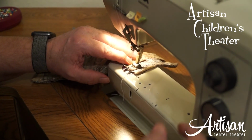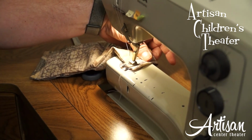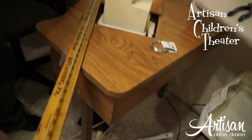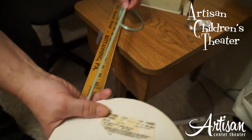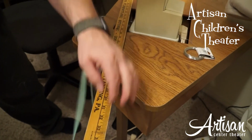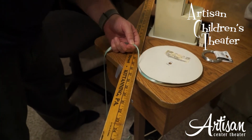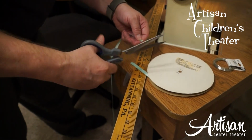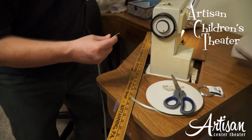Now we finished that. Now we need to cut the ribbon. You can use a shoestring. You can use whatever you want. I'm showing here on this yardstick that I made this one about 48 inches long. I don't know how long you're supposed to make them, but I got a big head, so I wanted it to be 48 inches, and I sure didn't want to cut it off short and then have to do it again. So it's a lot easier to cut the excess off later